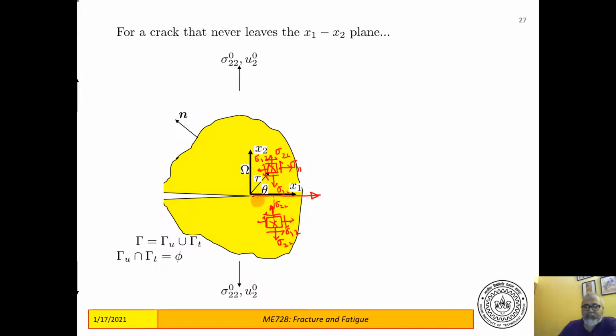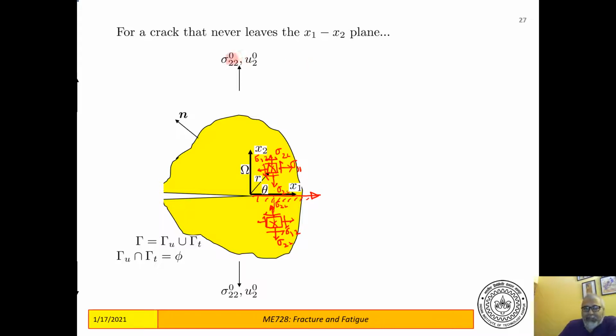If this is the mirror, then this stress reflects as this stress, reflects as this stress, reflects as this, and this stress reflects as this. So sigma 11 and sigma 22, the normal stresses, do not change sign and are identical. The shear stress is identical in magnitude but is in the reverse sense. That is what symmetry means. And the symmetric state